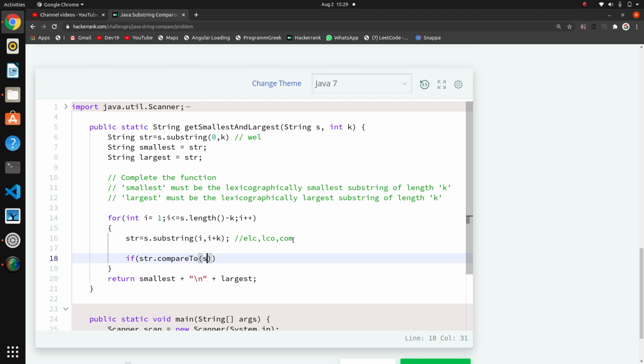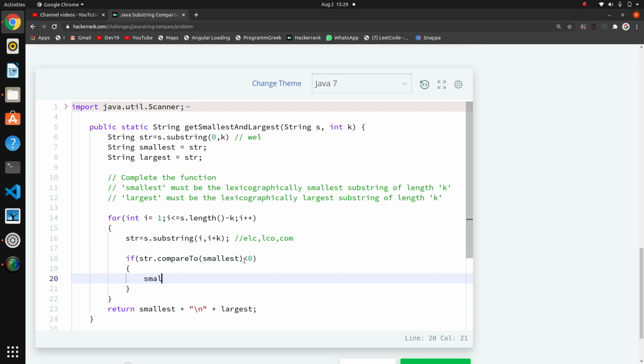We compare with smallest. If str dot compareTo smallest is less than 0, then we assign smallest with this str.